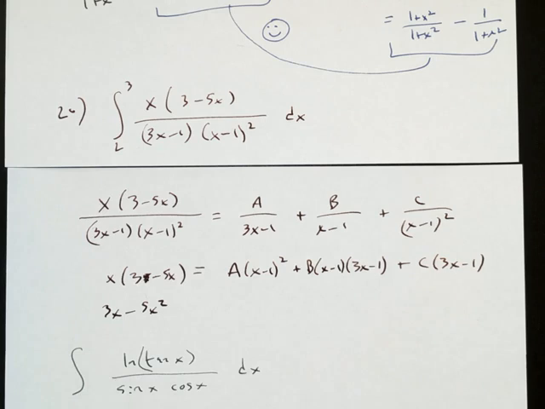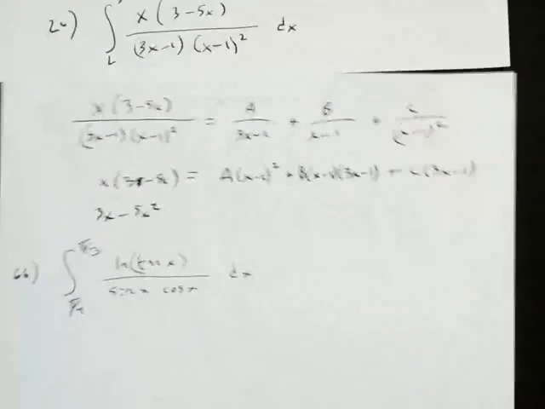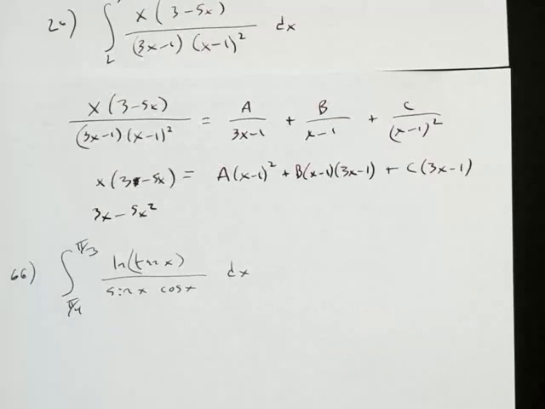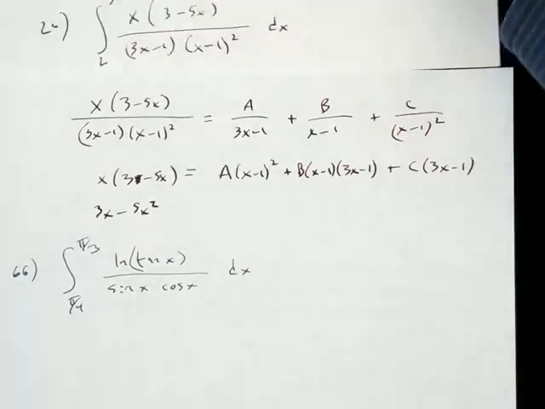From pi over 4 to pi over 3. Well, that's unpleasant looking, isn't it? Yes. But I see